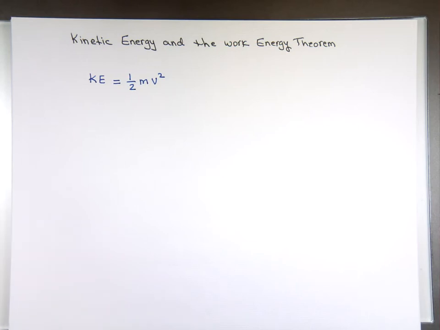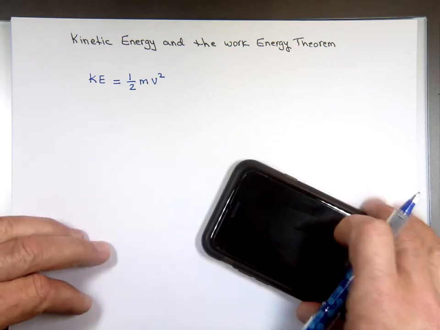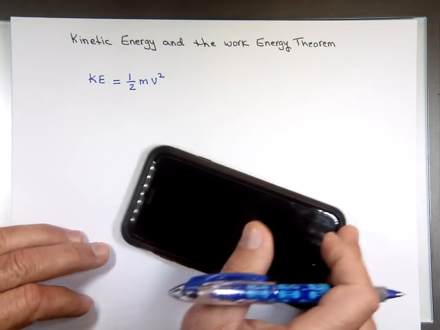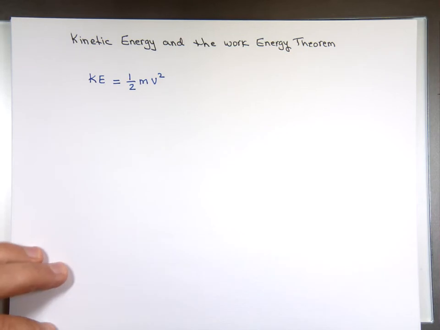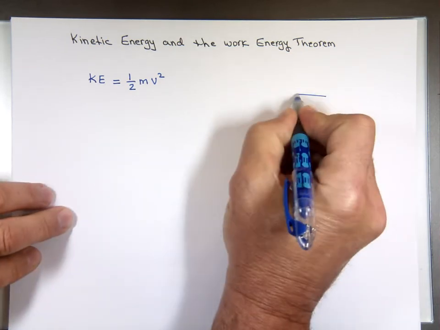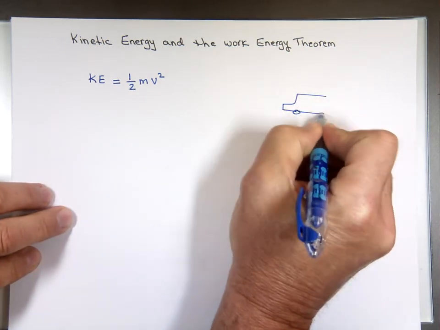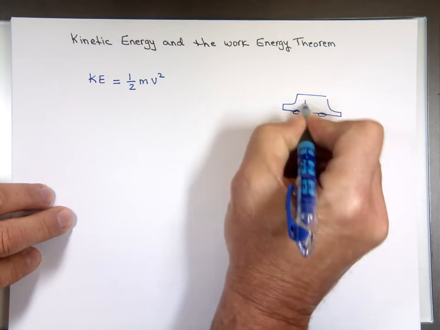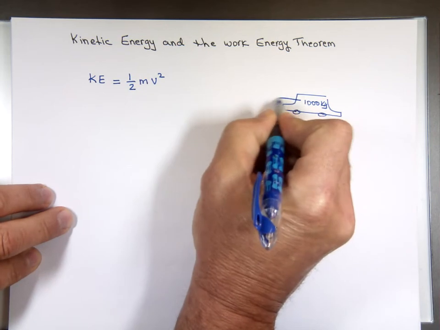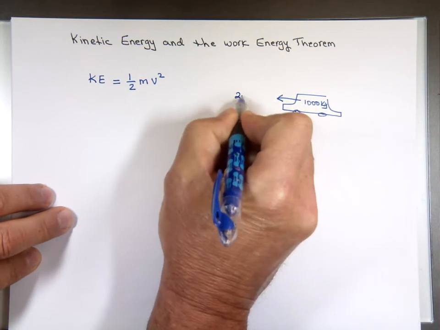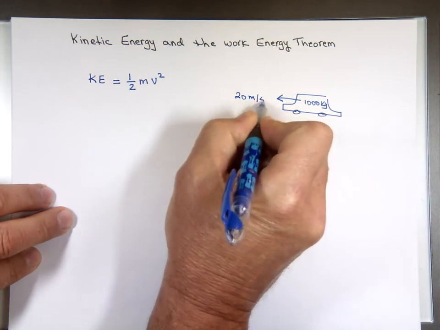So when a car is moving at 50 miles per hour, that car has a lot of energy in it. That's why when they collide, the damage at 50 miles per hour is much bigger than if the car is moving 20 miles per hour. So if you have a car that's 1,000 kilogram, moving at a speed of 20 meters per second, or about 45 miles per hour,